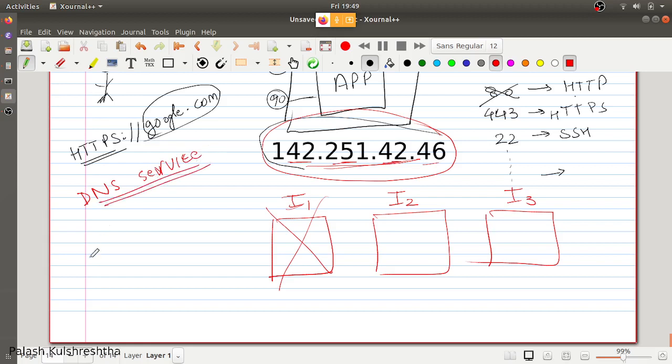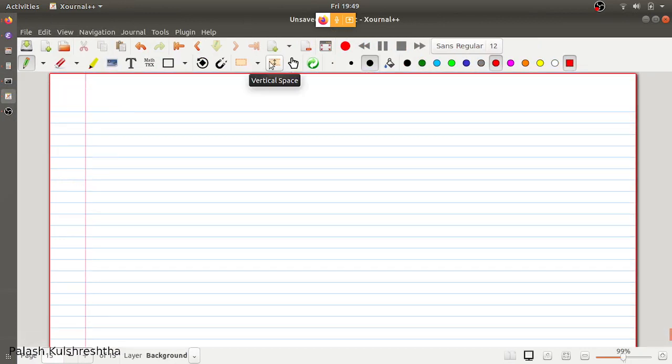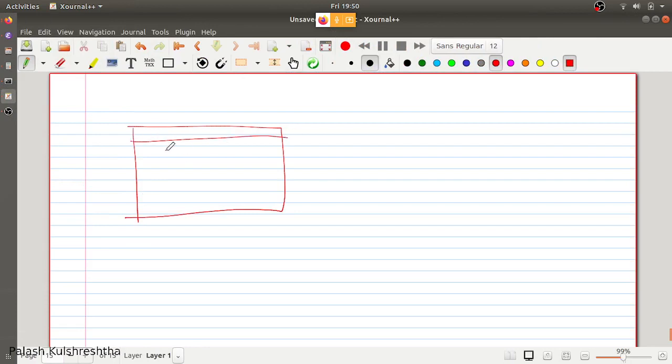So what this DNS service does is it translates a human readable name to an IP. It translates google.com to this. So whenever I write google.com in the browser, suppose this is my browser and I write google.com.